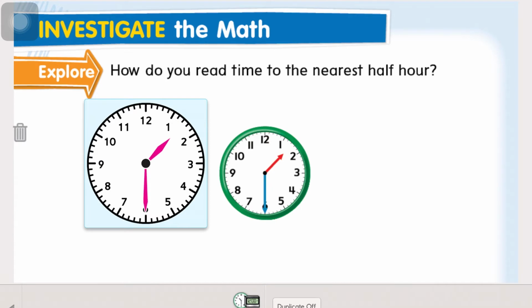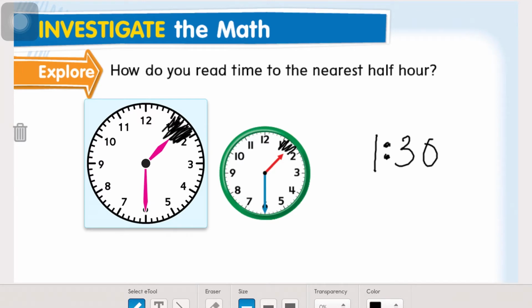When we're at the half hour, that means we're halfway to the next hour. So your hour hand is going to be halfway between 1 and 2. Now, anything before the 2 is still 1 o'clock, right? If the hour hand is pointing to anything in there, it's still going to be 1 o'clock. It doesn't turn 2 until the minute hand is on the 12 and the hour hand is directly on the 2. Then it's 2 o'clock. But anything between here is still going to be the hour that it just came from because it's on its journey. So this would be